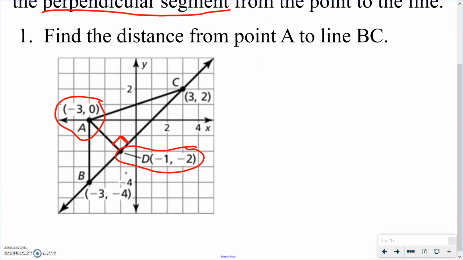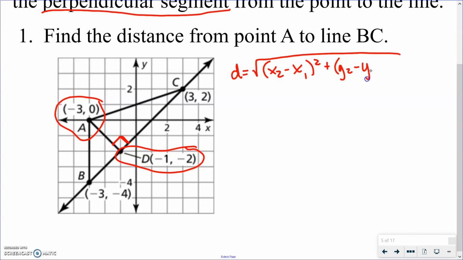Okay, so first of all here, I'm going to give you a reminder of the distance formula. It is the square root of (x2 minus x1) squared plus (y2 minus y1) squared. So we're going to plug in points A and D into this distance formula. And we're going to get